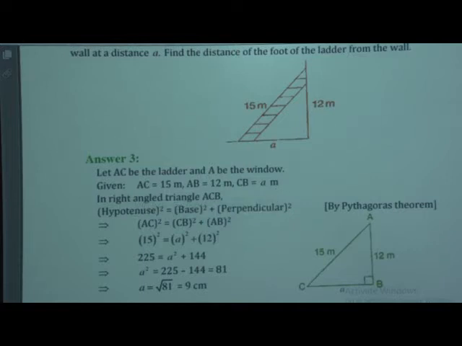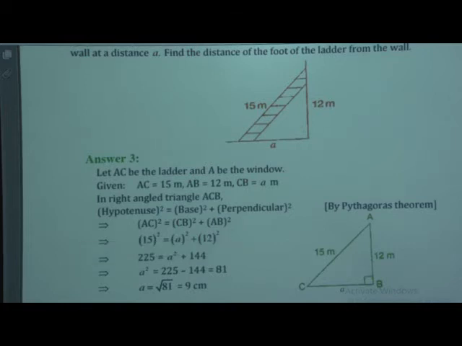So in right angle triangle ACB, hypotenuse square is equal to base square plus perpendicular square. So what will be the hypotenuse? AC square is equal to CB square plus AB square. AC is 15, already given in the figure. So we write 15 square is equal to, we don't know CB, so we write A square